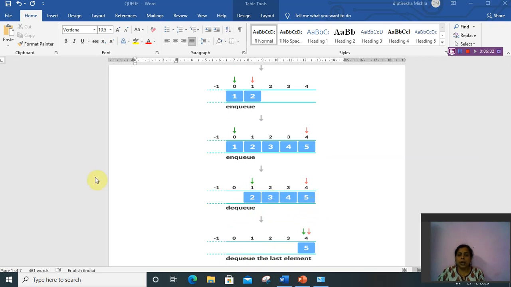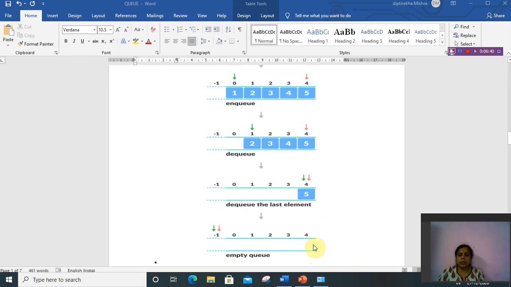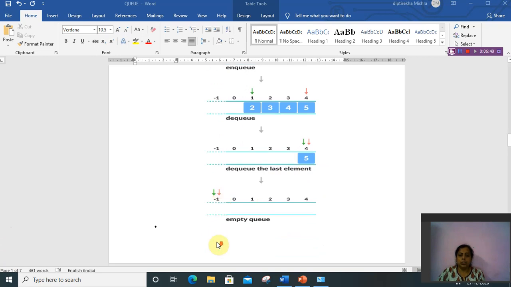When only one element is left, the front and rear both indicate the last element. After the deletion of the last element, the front and rear are again at the -1 position. So this is the representation of a queue.